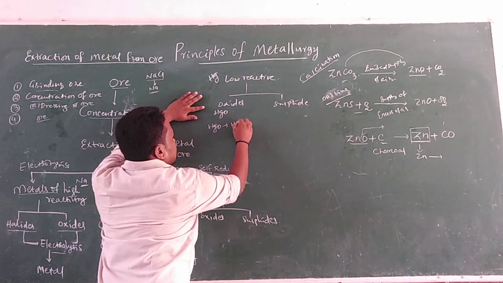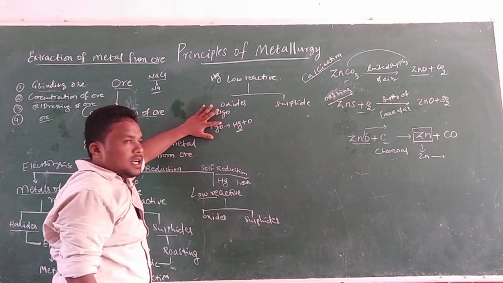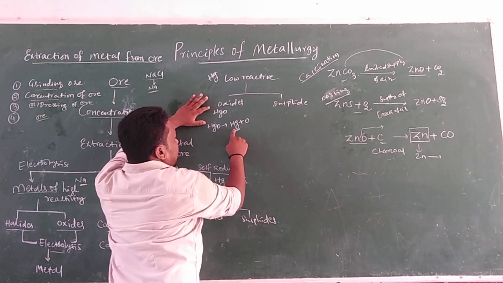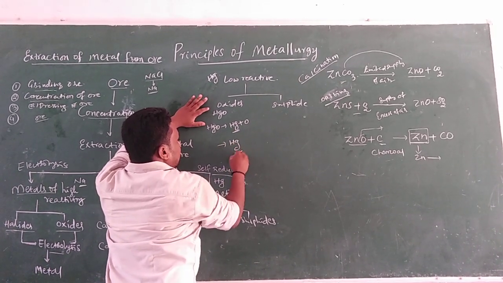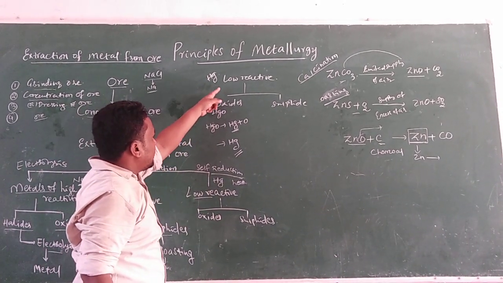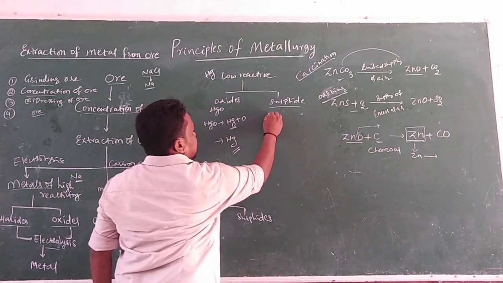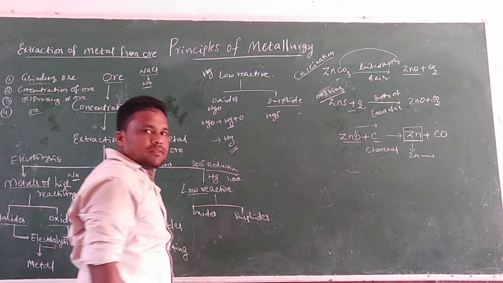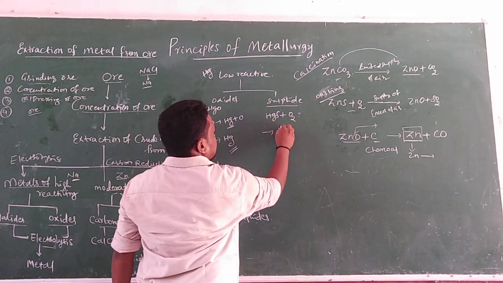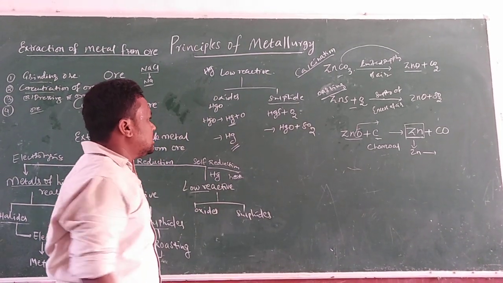In the low reactive elements, it automatically goes through a self reduction reaction, Hg plus O. Self reduction means it loses the oxygen atom. Directly, the oxides of low reactive elements go through a self reduction reaction like this. Then Hg is found. Hg is a low reactive element. This is one way to get low reactive metals from the crude ore. Next, sulfides: HgS, mercury sulfide. In this sulfide, HgS combines with oxygen to produce HgO, mercuric oxide, as well as sulfur dioxide.